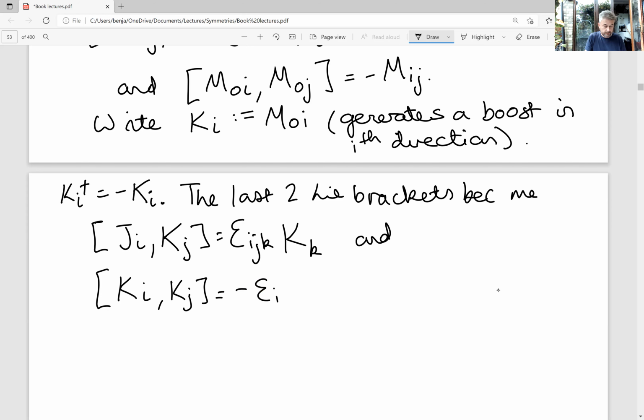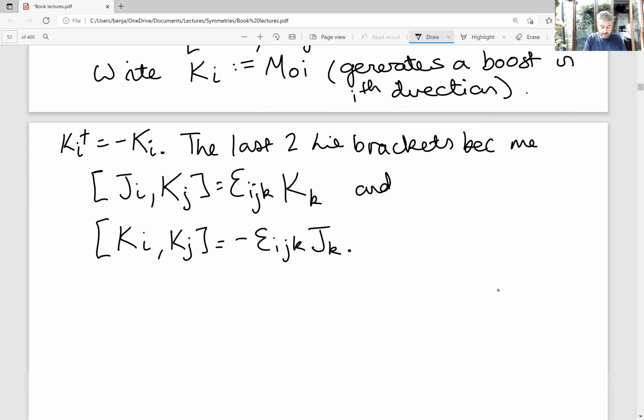Here we get a minus sign, minus i epsilon_{ijk} J_k. So you will notice that, as previously advertised, the Lie algebra between two different boosts doesn't close, and that's because it's giving us a generator of a rotation, an angular momentum operator. So, okay, if we do another transformation, the Lie algebra becomes clearer,